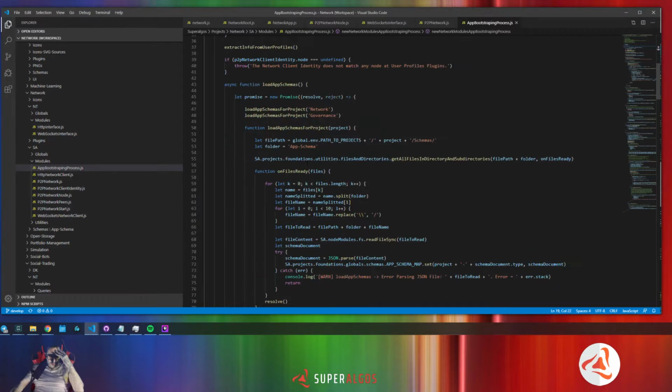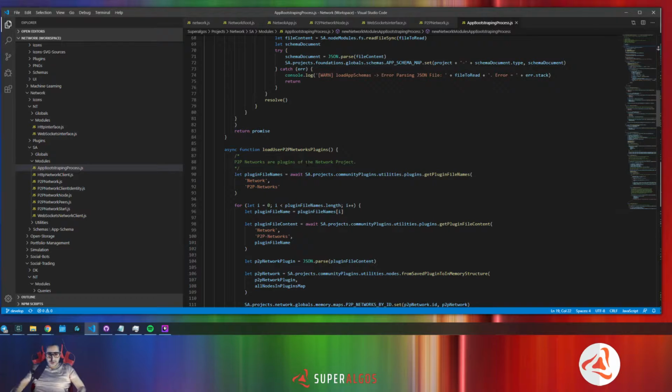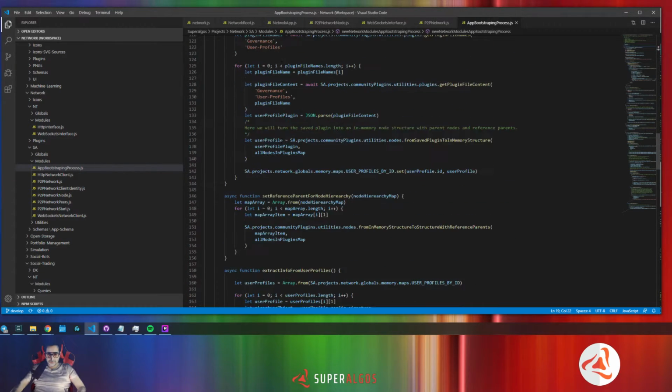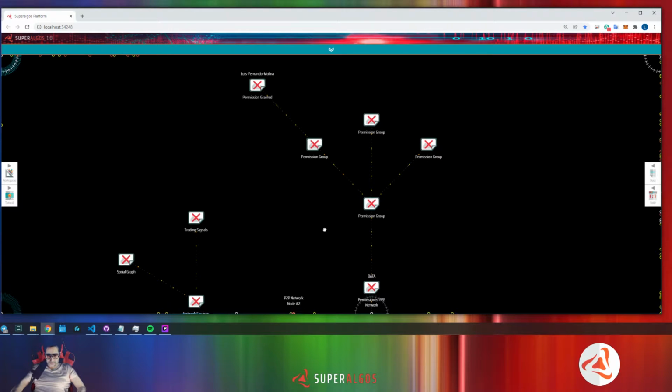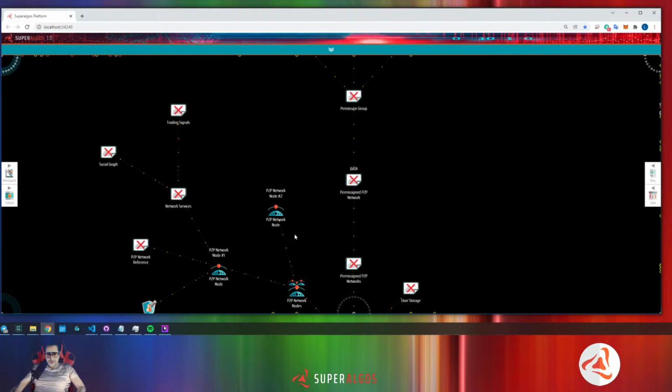Okay, so the bootstrapping process is scanning all user plugins for information that is needed. One of the things that it is scanning is which are the network nodes, all the network nodes. Okay, so,